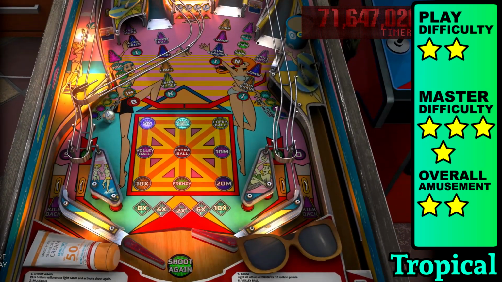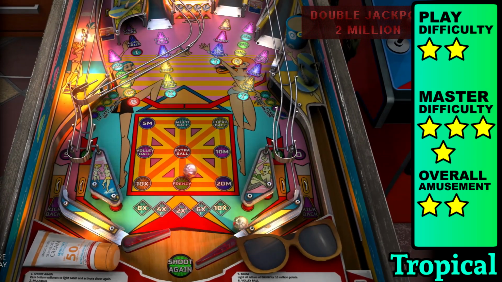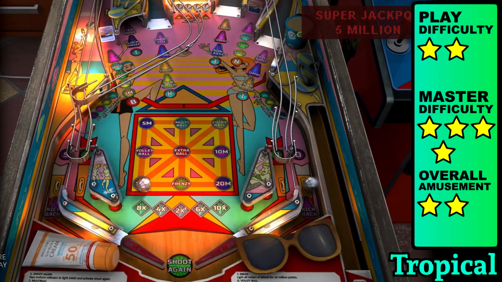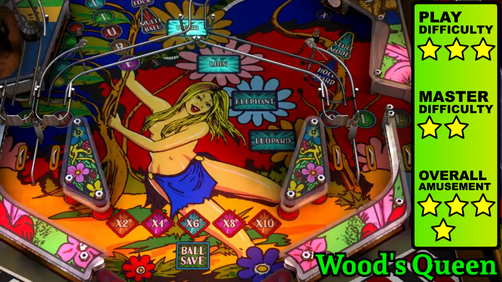The only way to start multi-ball is by beating the 2nd or 8th mode, which is kind of a bummer, considering the playfield was practically made for ball fondling. Don't forget to play Checkpoint and Challenge if you want to get the most out of Tropical. Shame. The first thing you'll probably notice about Wood's Queen are the 2 diverging rails in the middle of the